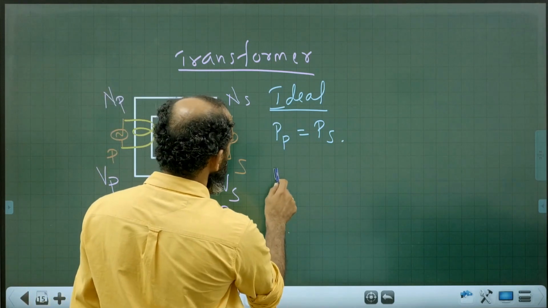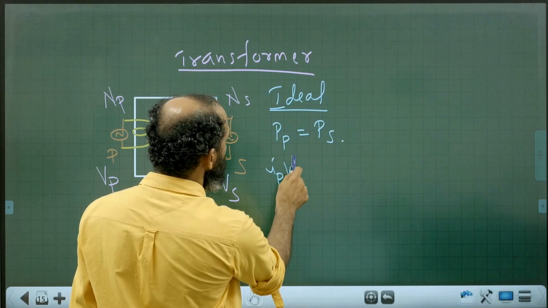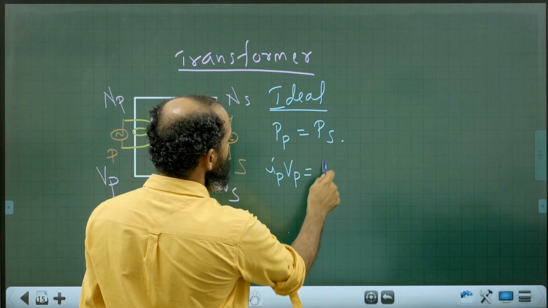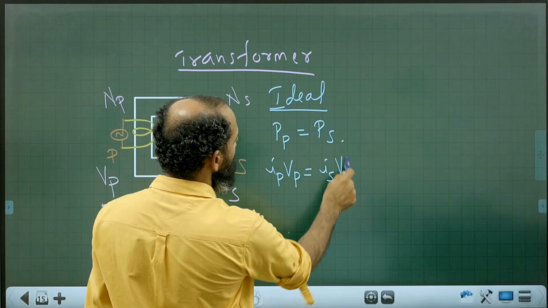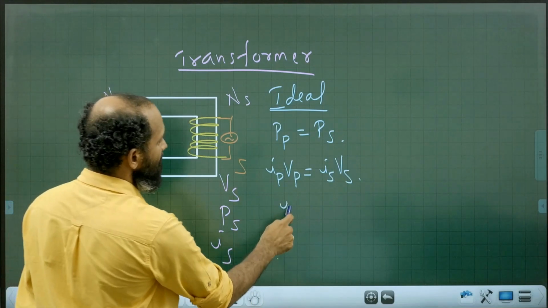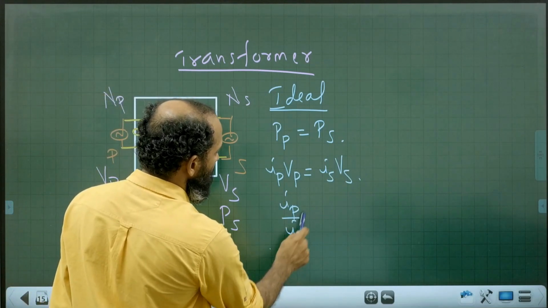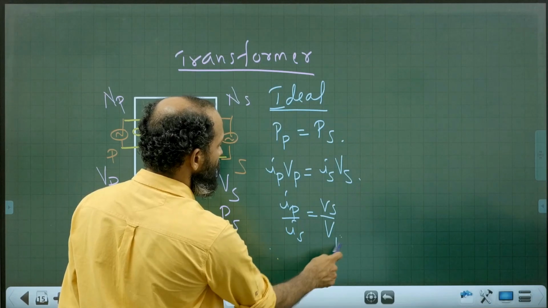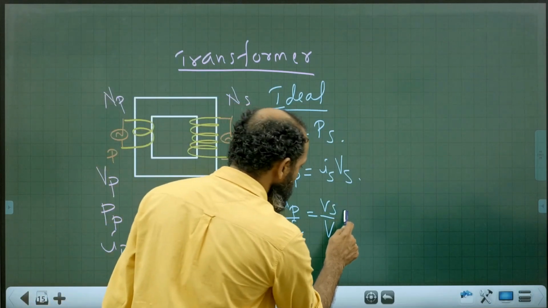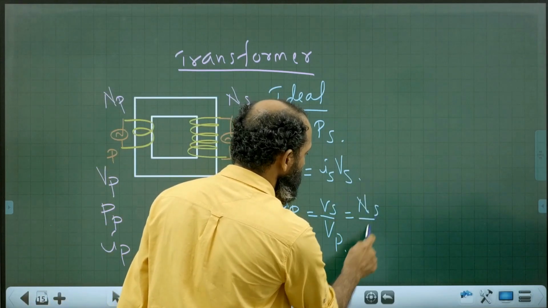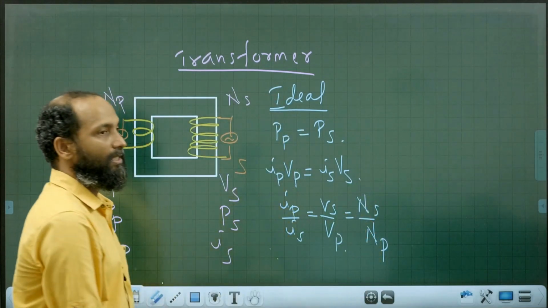Then power in primary is current in primary into voltage in primary, and power in secondary is current in secondary into voltage in secondary. That is why IP by IS is equal to VS by VP, which is also equal to NS by NP, called the turns ratio of